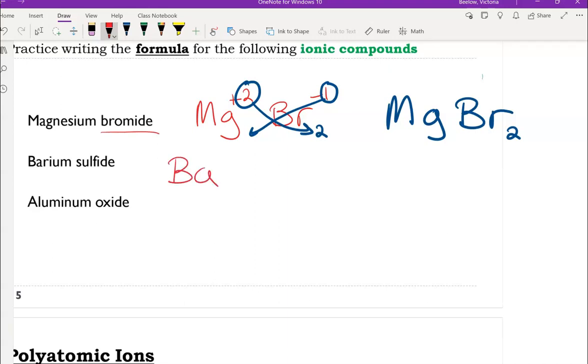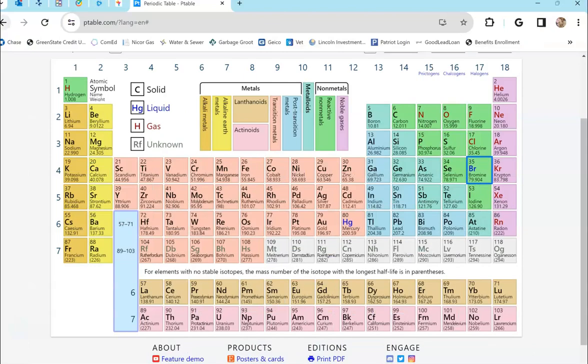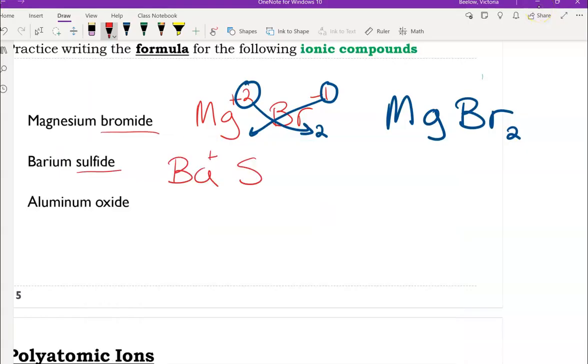Next, we have barium sulfide. So barium on your periodic table is Ba. Sulfide, that would originally be sulfur, which is S. And again, you're going to look at the column that they're in to find their charge. So Ba would have a charge of +2. And S would have a charge of -2. Now with these, we do the crisscross,